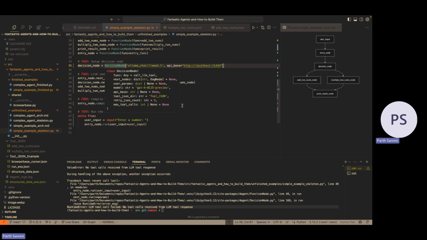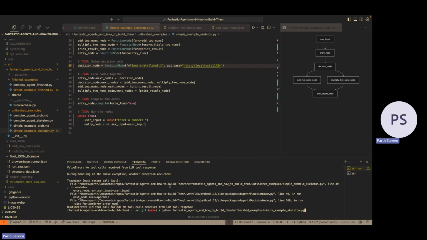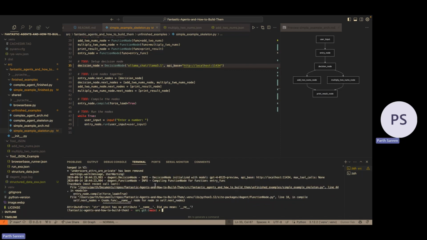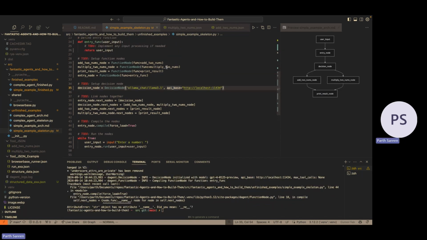Ollama is essentially a local LLM runner. You download it and you can run models off your command line. We're not going to dive too much into it, but we should be able to run the exact same thing and have everything built out. Never mind. Let's see what is up.